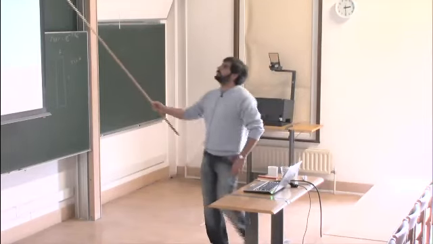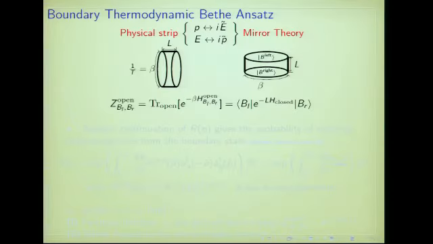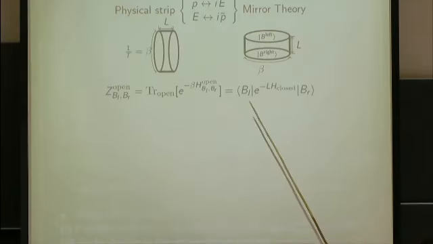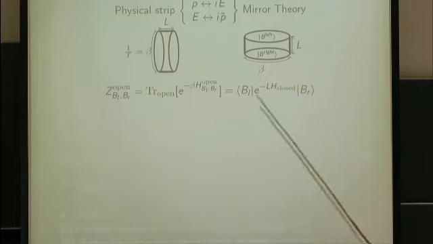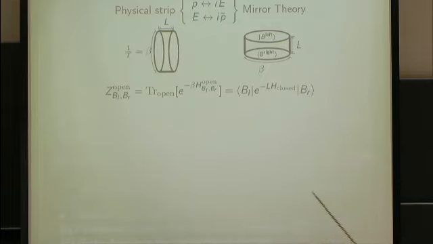Now it's like rotating the picture 90 degrees. And now what we have is not a partition function, because we don't have periodic conditions in this temporal direction. So we have an evolution from an initial to a final state. And moreover, we don't have an open system. We have a system which is periodic, and the periodicity is given by the temperature. We would like to compute the evolution of this initial state in this periodic system to a final state in a finite amount of time.